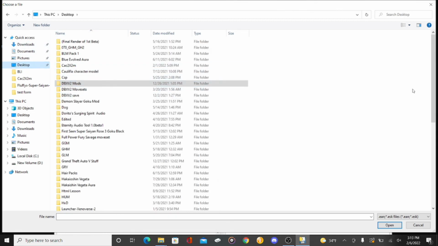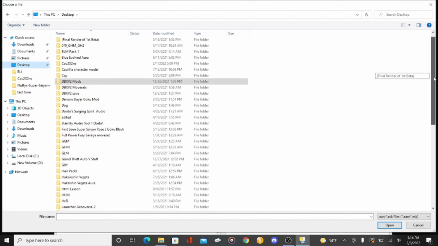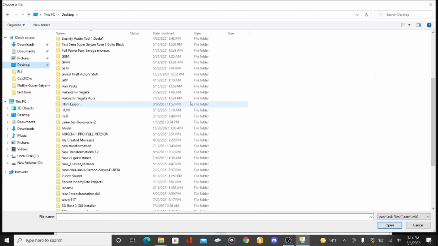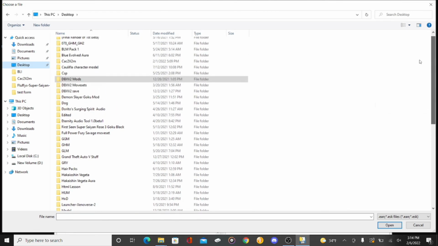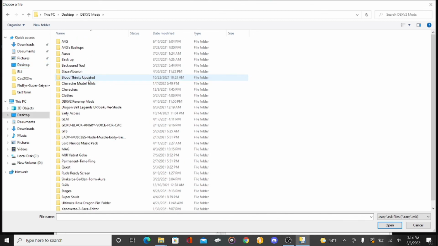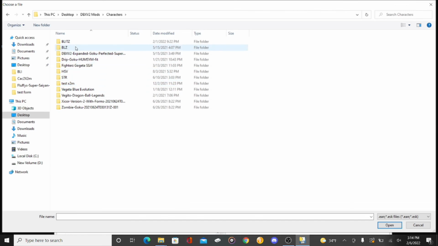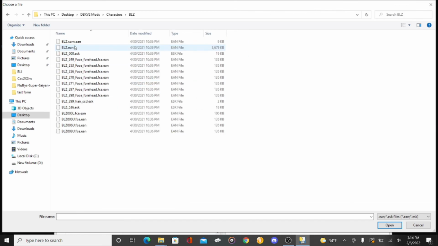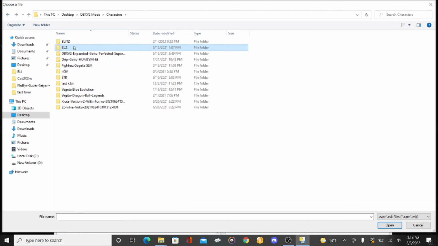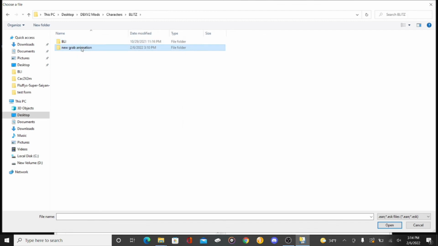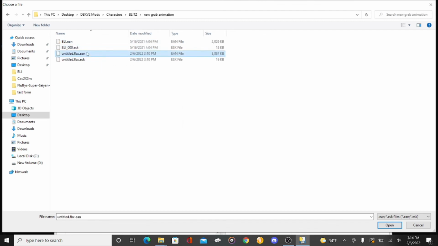And then make sure that the EAN index is on the left side of the name of the animation on EAN organizer. You want to make sure that EAN index number matches the EAN index in BAC organizer. You go on your moveset organizer and go to the section where it shows your grab. You are going to want to go to that exact same number for your BAC organizer, and that's how you'll know where the grab is located in BAC organizer.